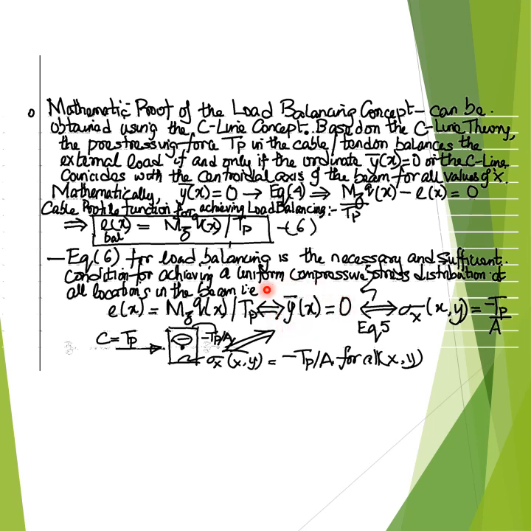and therefore the C line coincides with the centroidal axis of the pre-stressed concrete beam at all locations or all values of x, resulting in a uniform axial compressive stress at all locations or coordinates x and y on substitution into equation number 5 presented in the previous slide. Thus, in conclusion,